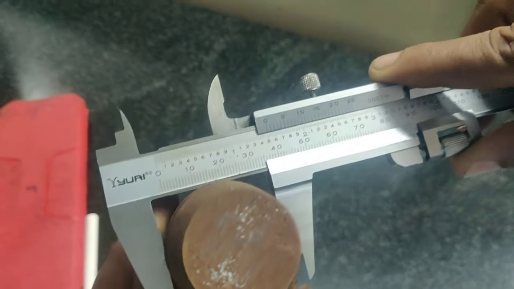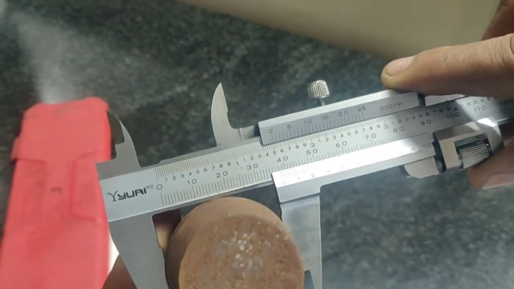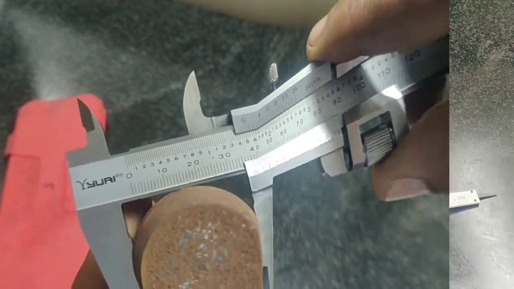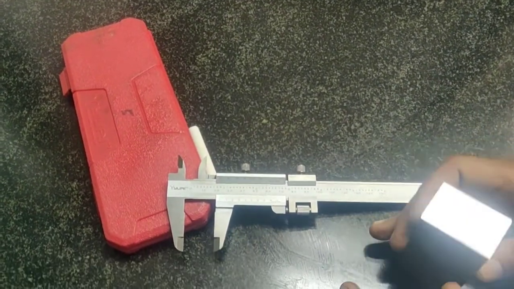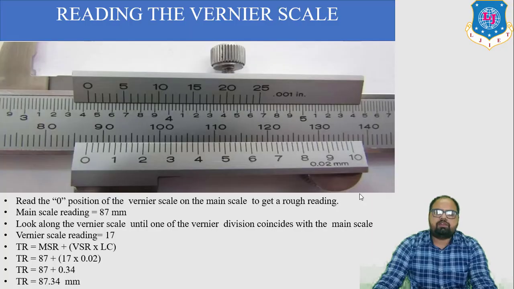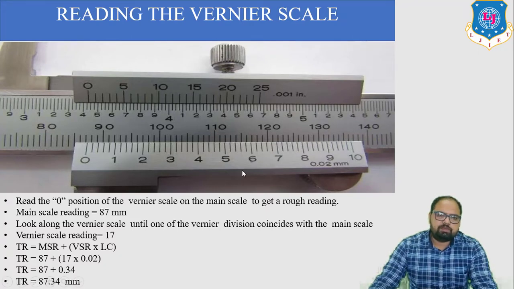With the help of this vernier caliper we can take such type of measurement. For your practice there are 4 to 5 sample images of vernier caliper readings. So let's discuss. After understanding the practical in the workshop, we have some images. This is the image of a vernier caliper and we need to take the reading from this vernier scale.